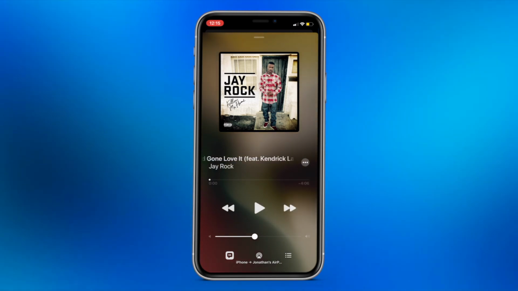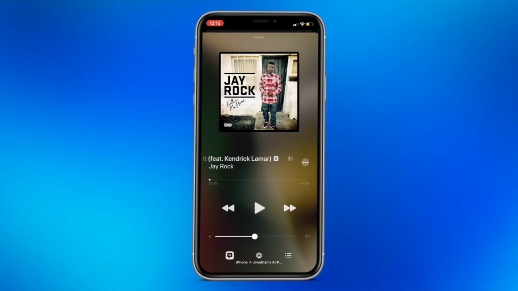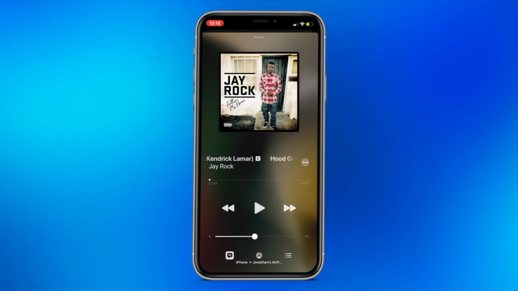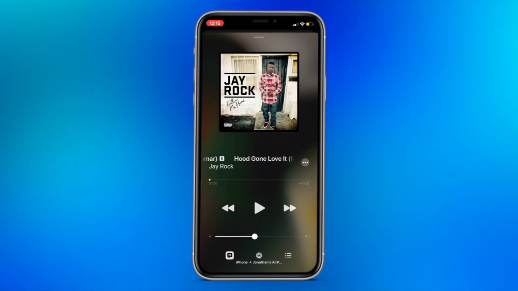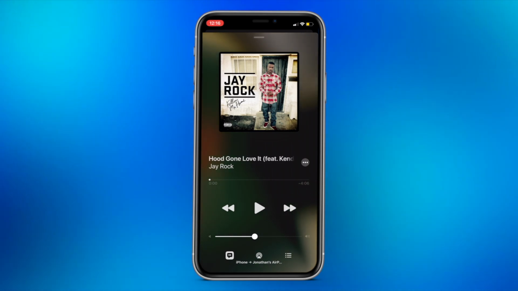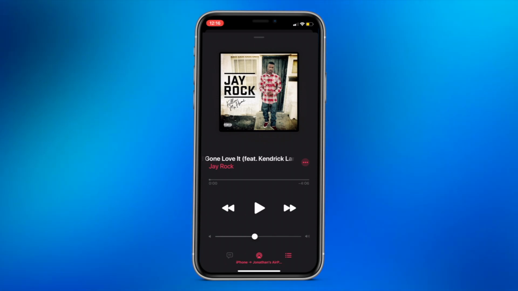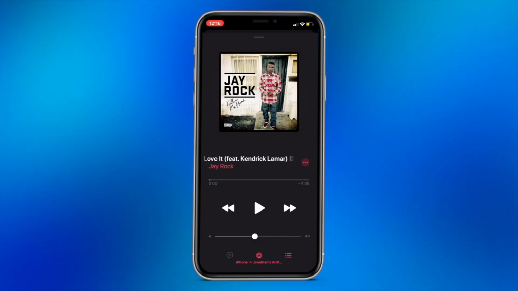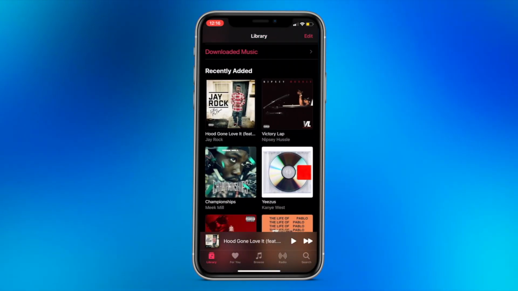Anyways, as you know, Apple Music has a plain background, with a light color background or dark color background, whatever your preferences are for your iPhone. And so to do this glitch, you have to get a song like this. See, I'm gonna press the lyric button, and it's gonna go back to normal. So what I'm gonna do is, since this song has no lyrics for whatever reason, I'm gonna go to,